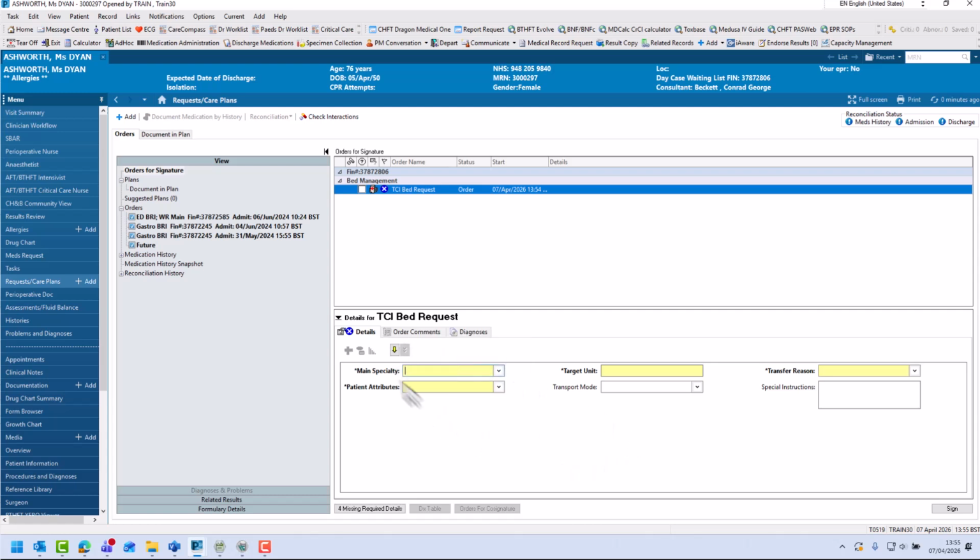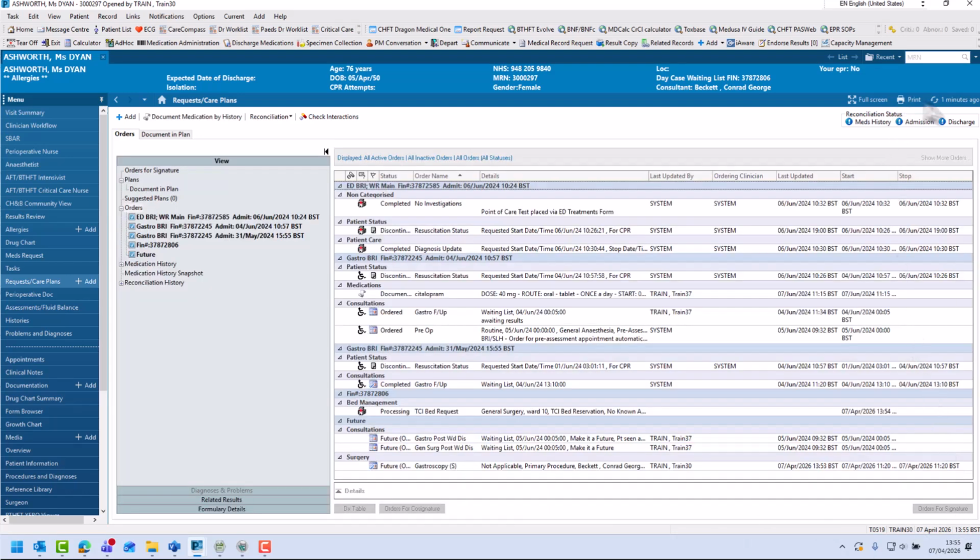And then you will need to fill in all of the yellow mandatory fields. Once you've filled in all of the yellow mandatory fields, press Sign in the bottom right hand corner, and then ensure you've refreshed your screen once the order's been placed. Now that the order's been placed, the patient will be on the transfer list, ready to be admitted the following